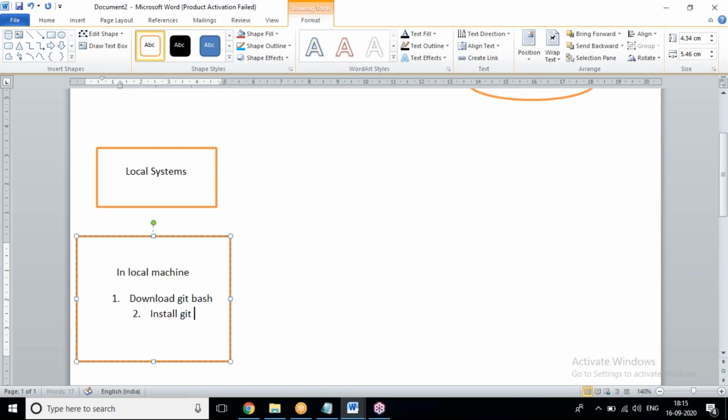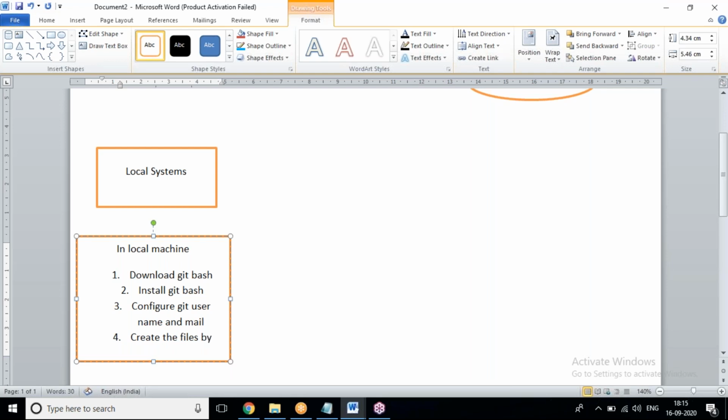Step 2, install Git Bash. Step 3, configure the Git user name and mail ID. Step 4, create the files by using Linux commands.